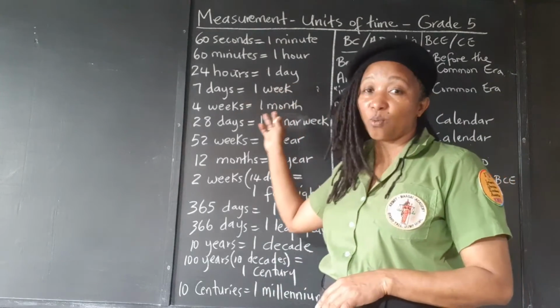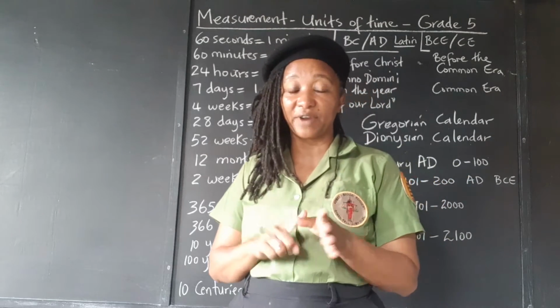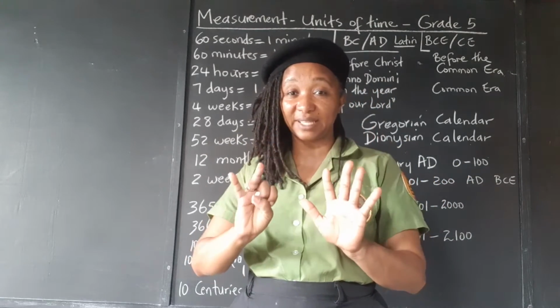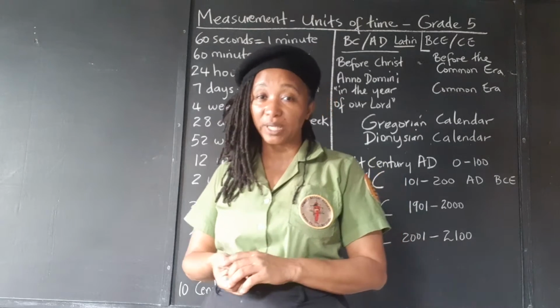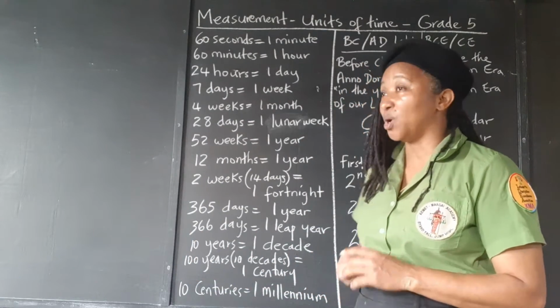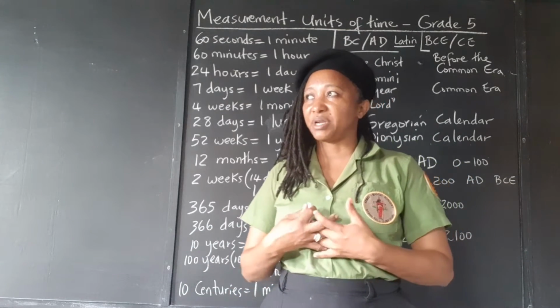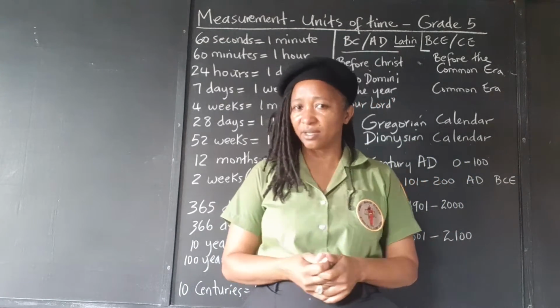7 days make 1 week. Monday, Tuesday, Wednesday, Thursday, Friday, Saturday, Sunday. 7 days in 1 week. 4 weeks in a month. Now this is not really exact